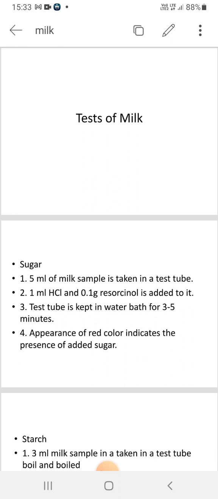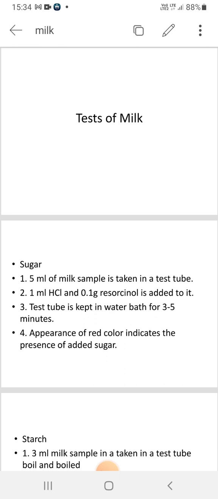Today we are going to discuss some of the tests we should conduct for detecting the adulterants present in milk sample. So what is milk? Milk is a colloidal solution having so many nutrients, protein, lactose, etc. So it is a nutrient rich food material,